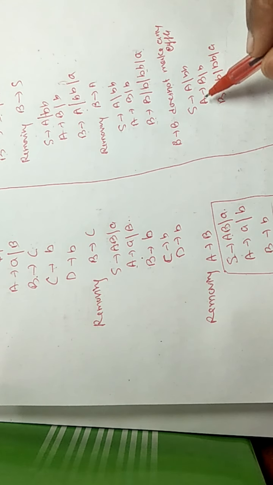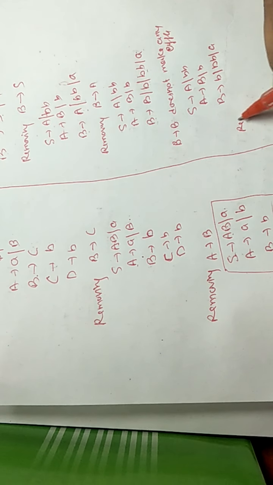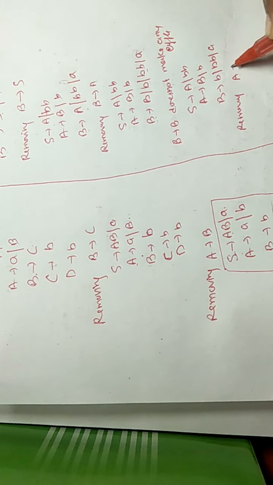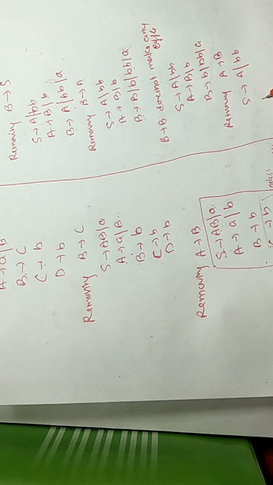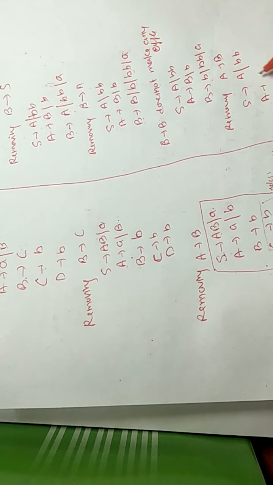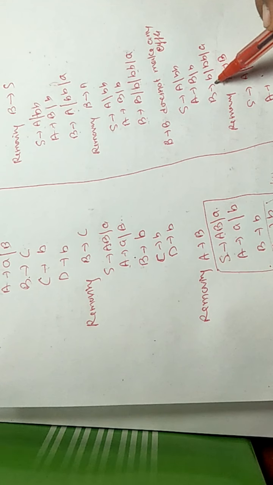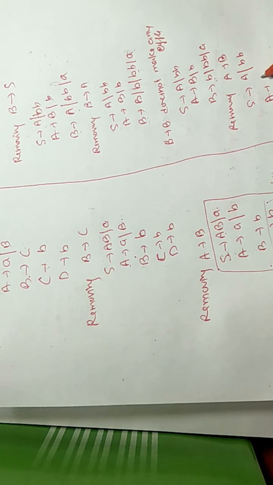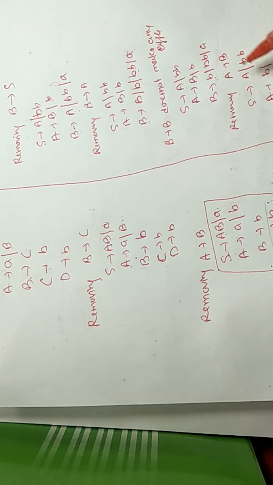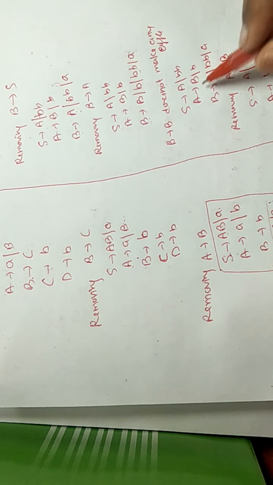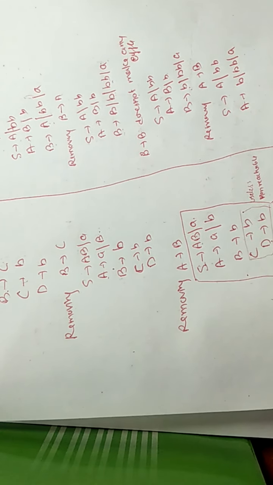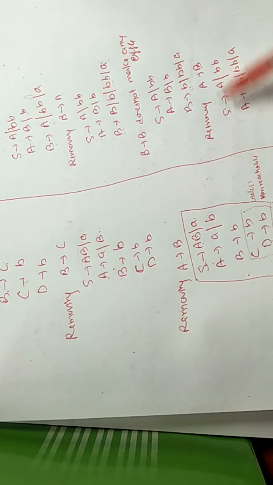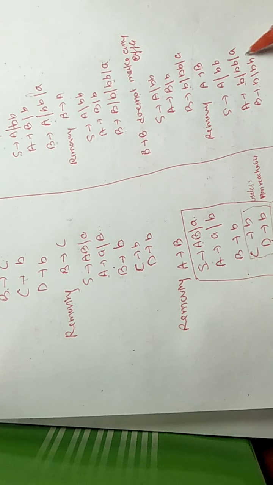Now we will remove the other unit productions, removing A tends to B. So S tends to A slash BB and A tends to, putting the value of B here. If I put B here, b is already there, so no need to write it two times. So I can replace with b, BB, A, and I need not write this b again because b is already there. A tends to B makes A tends to b, BB, A only. B tends to b, BB, A.